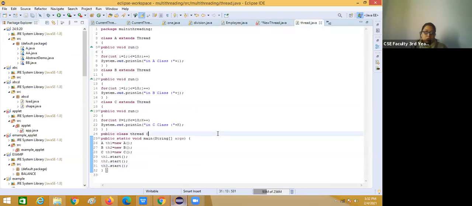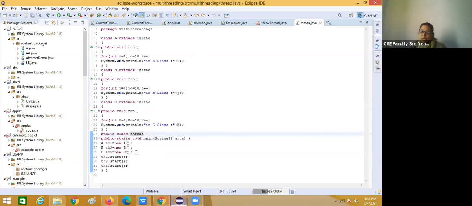Thread. Okay, so here in the thread, you can see class A extends Thread. Same thing, any class can extend Thread. Then class B can also extend Thread, and class C also extends Thread. So the main thread is here.